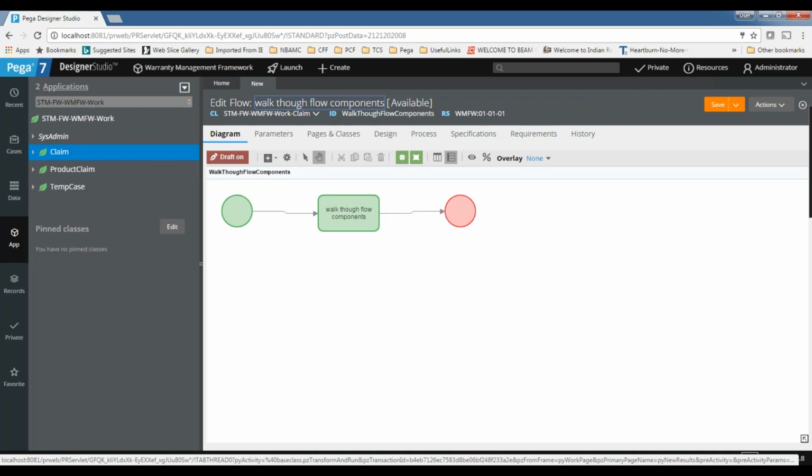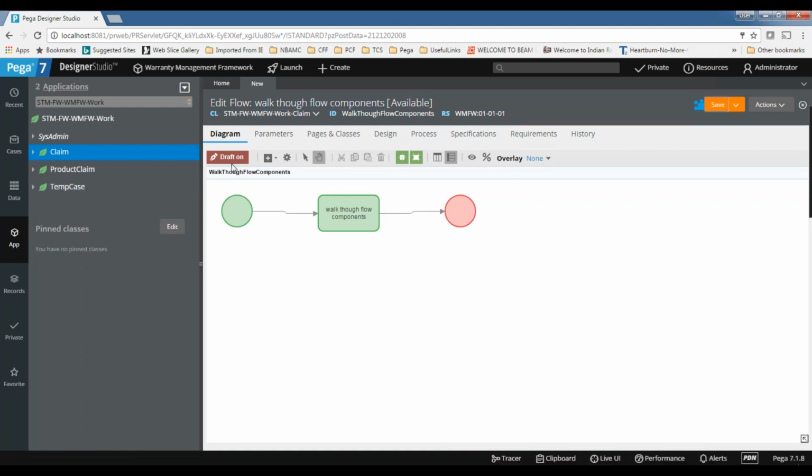If the draft flag is on, that is the indication that the flow is in draft mode. It's not a completed version. Since it is not a completed version, the system will suppress the errors.